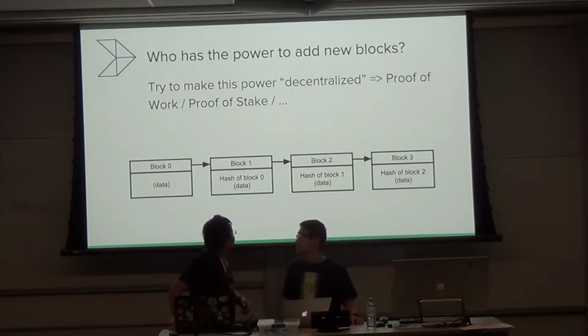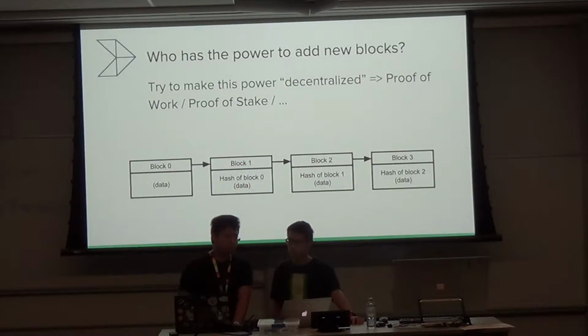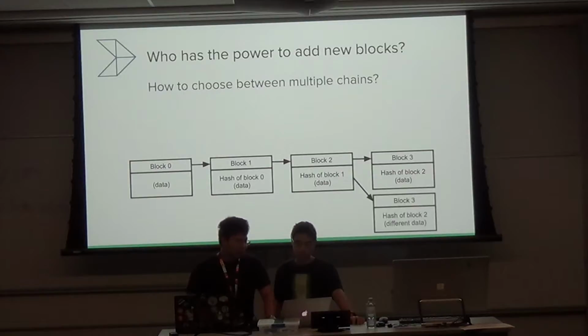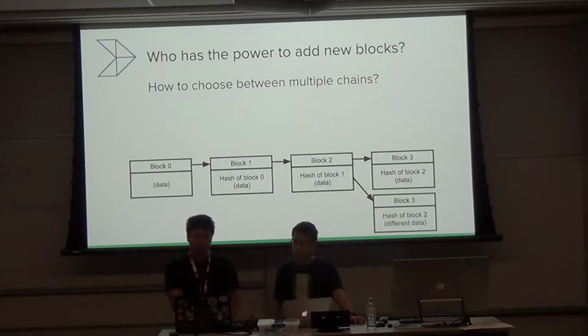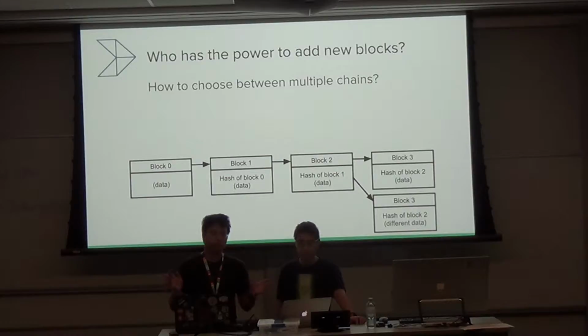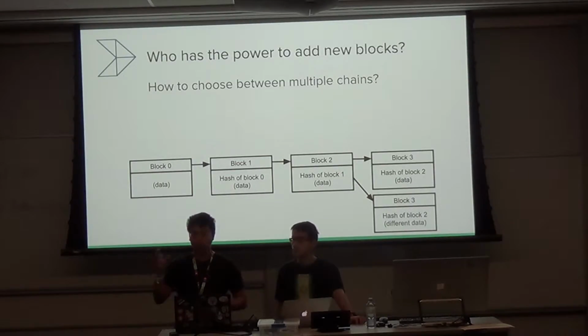Let's talk about proof of work a little bit more, because that's the scheme that Ethereum is using right now. Although they're currently trying to transition to proof of stake. All right, so proof of work. There are some situations where you have a node seeing multiple blockchains at once, like blockchains that diverge from each other, probably because one group is trying to do one thing and another group is trying to do a different thing.